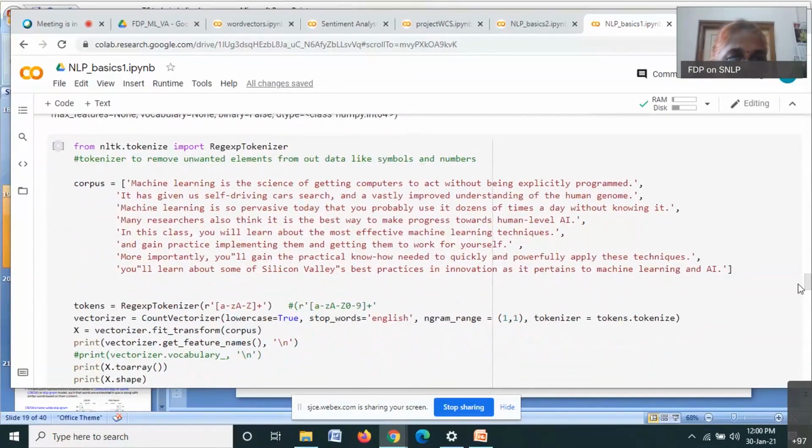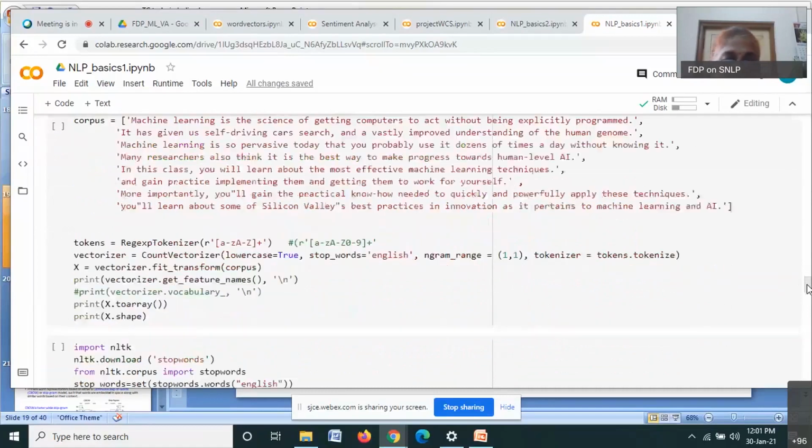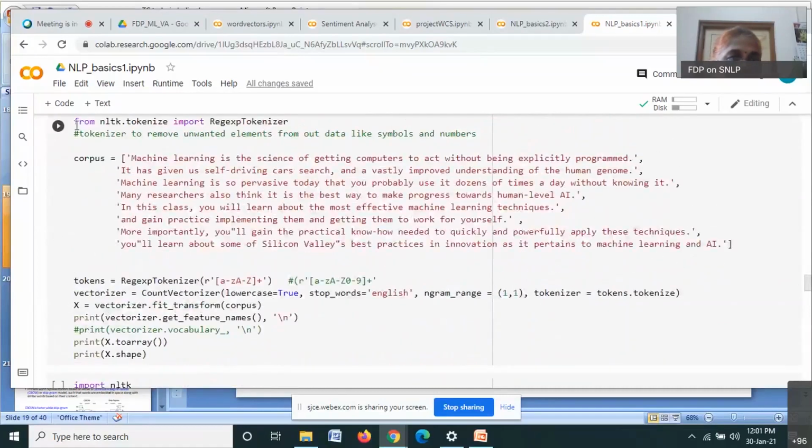This is an example where I use whatever parameters I mentioned. This is again a CountVectorizer with all the parameters. I have given lowercase equal to true, stop_words equal to English, n-gram range is (1, 1), and tokenizer is tokens.tokenize. The tokens that I have considered is the regular expression tokenizer, as you can make out. I'll run this.